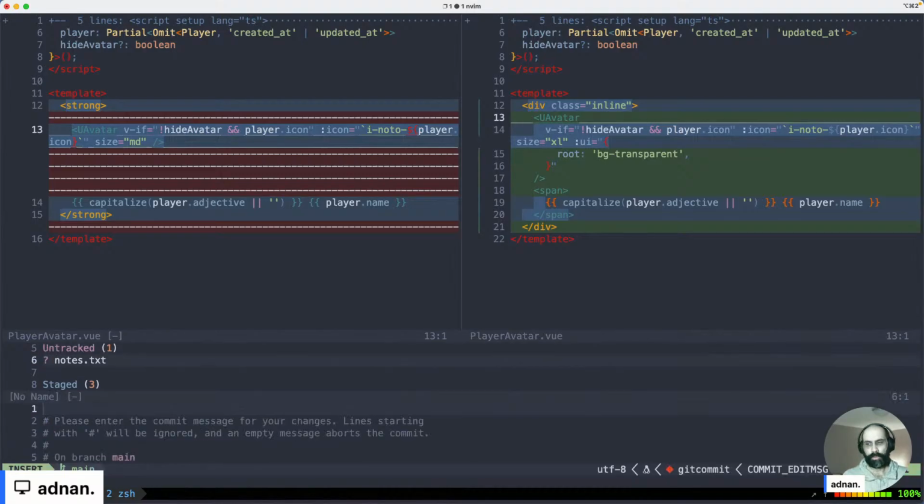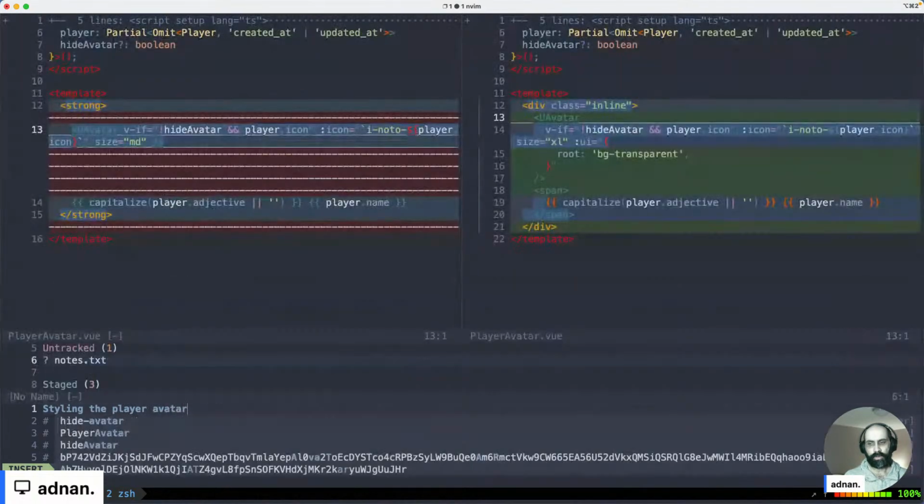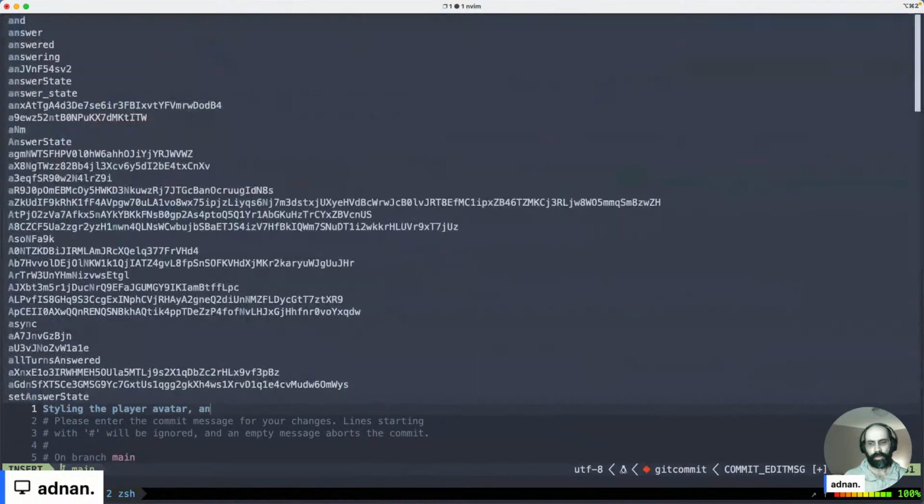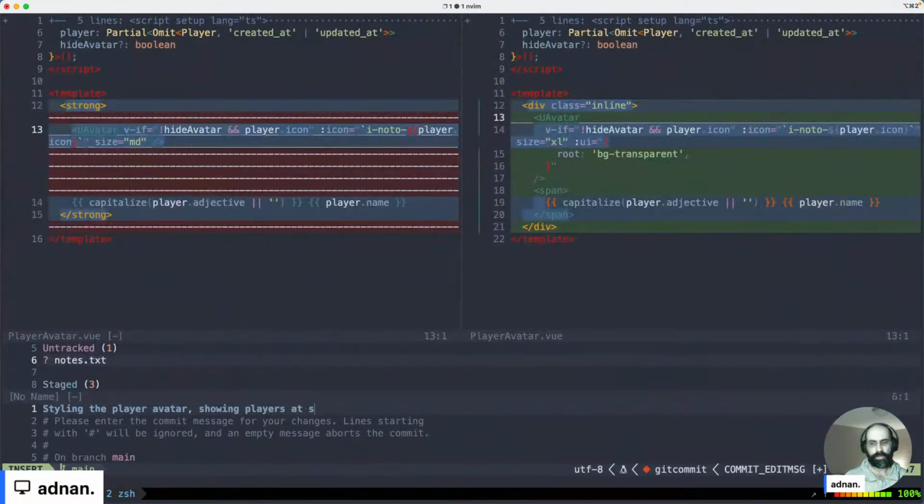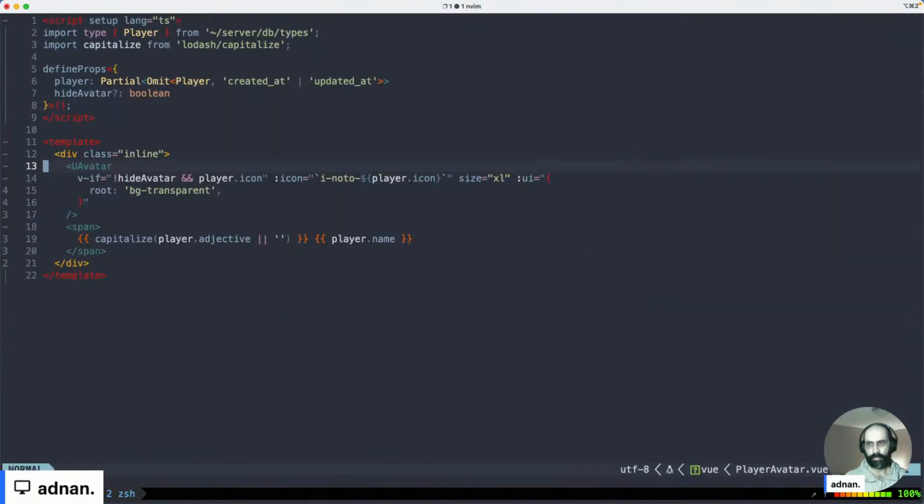So, styling the player avatar, showing players at start of round. Okay,